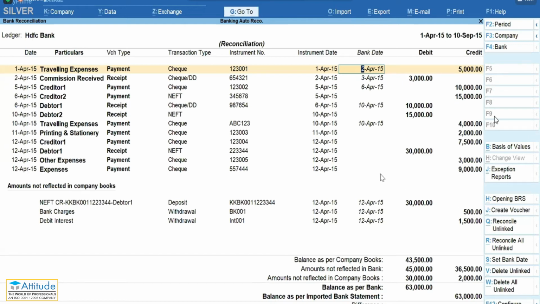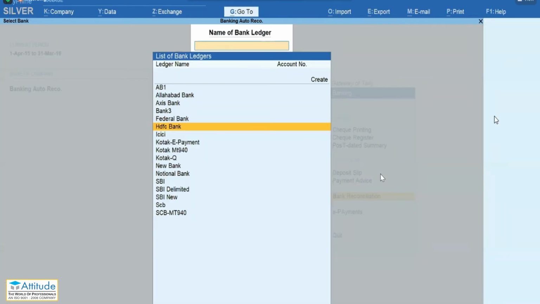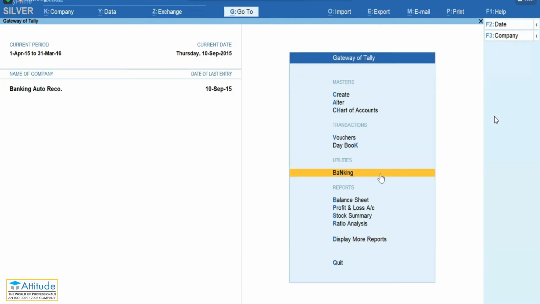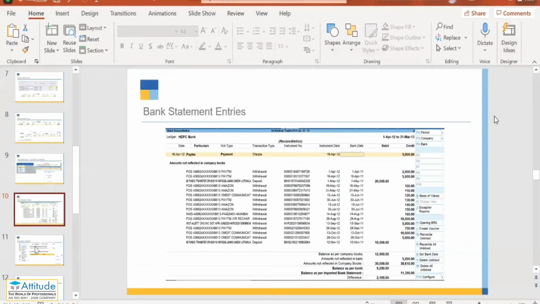So this is such an easy way to do bank reconciliation, but very few are using it, frankly. It's a very good tool, specifically for the CS. Some of you must be using it already, but if a few of you are not using it, just go and look into it. I have shown you an easy, very good way of doing bank reconciliation automatically. You can go to Tally and check it for yourself also. It is very easy to do. Okay, so that is about the bank reconciliation.